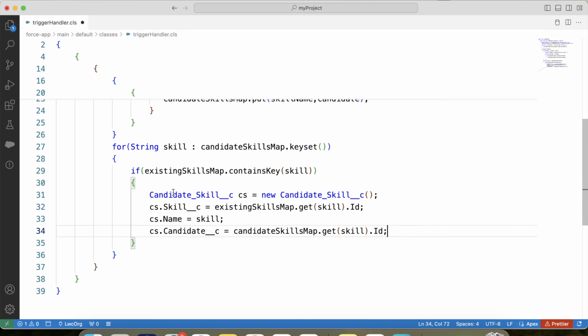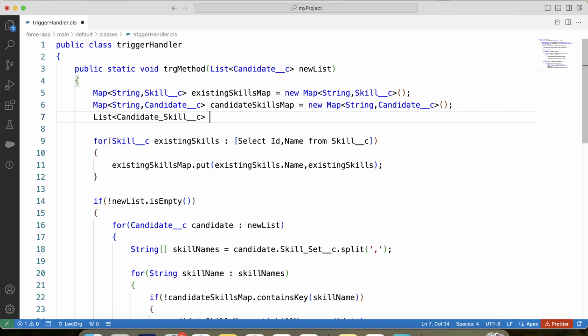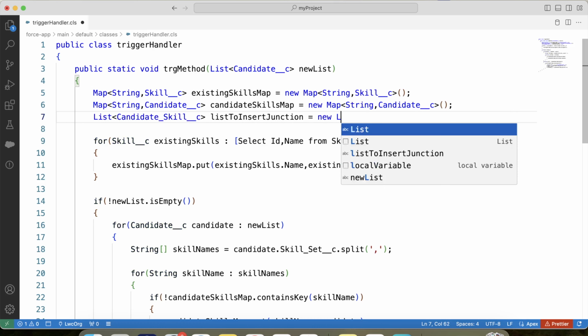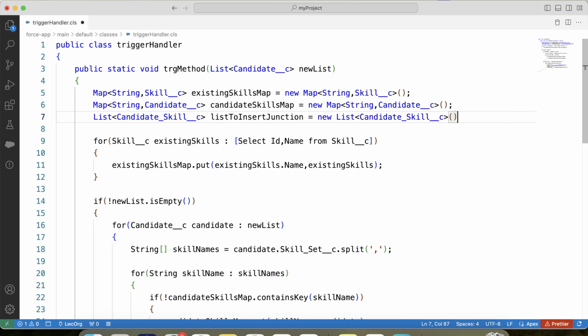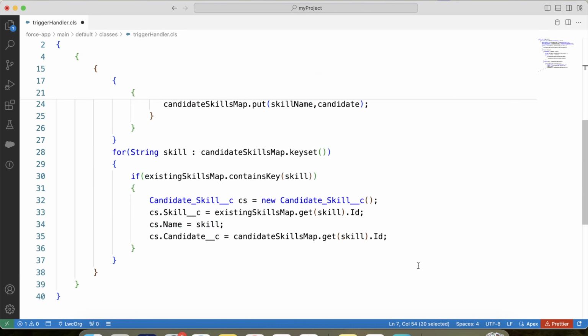And we will not perform DML inside for loop. So for that we will create a list. Let's say list to insert junction. Copy its name, add the candidate skill record in it. So this if condition is for when the skill is already present in org. Else, if the skill is not present,